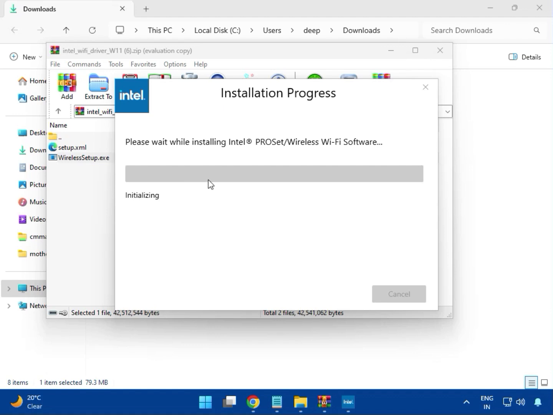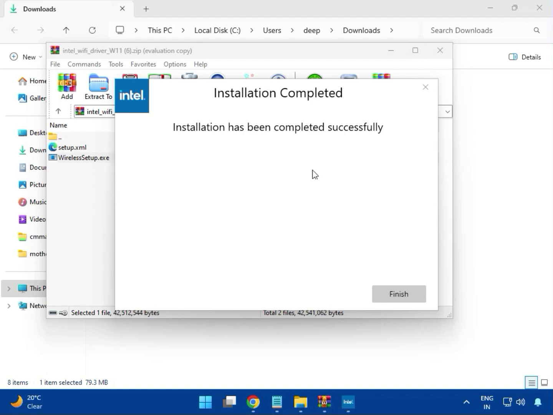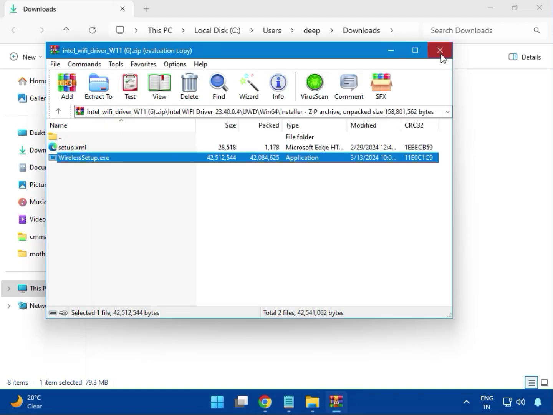Now you can see the installation of the Wi-Fi driver, the wireless driver of this motherboard. And then click finish and then close.